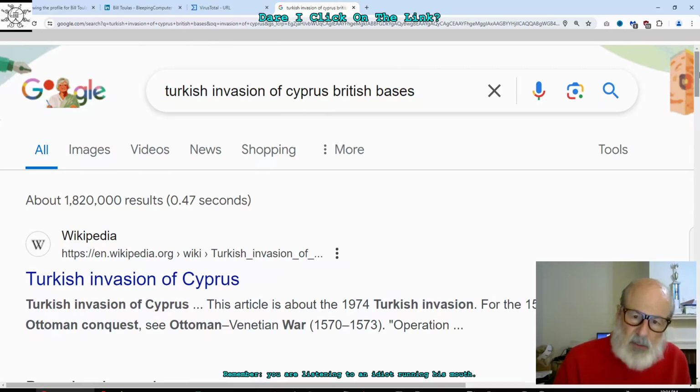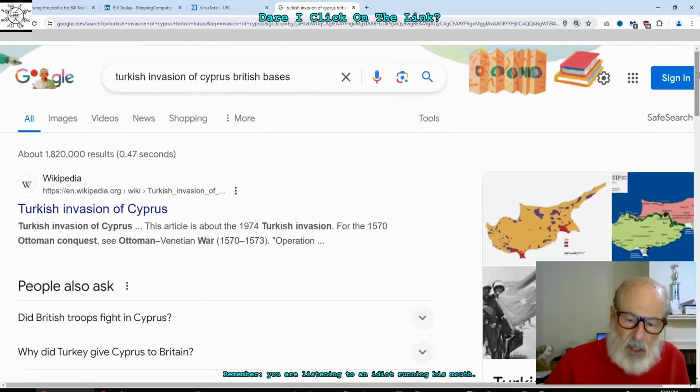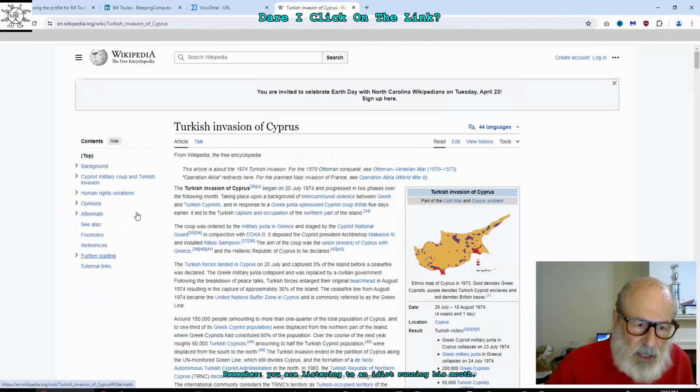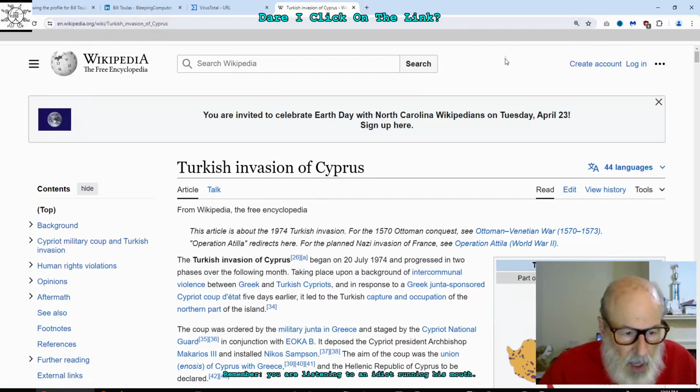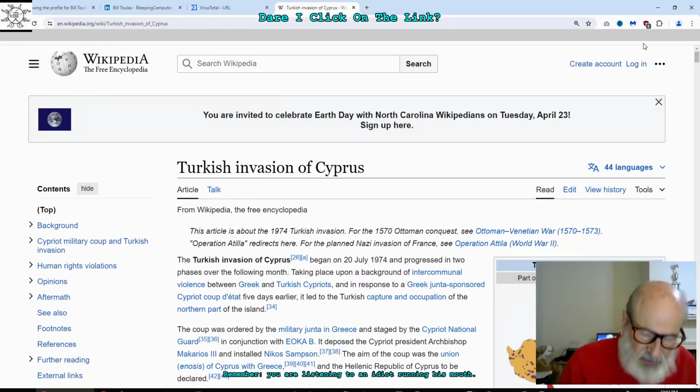Every time I look at something, my mind wanders. Turkish invasion of Cyprus. Wikipedia. This article is about the 1974 Turkish invasion. For the 1570 Ottoman conquest, they have a different article. For the Operation Attila during the Second World War, that's another article. But I'm talking about the Turkish invasion